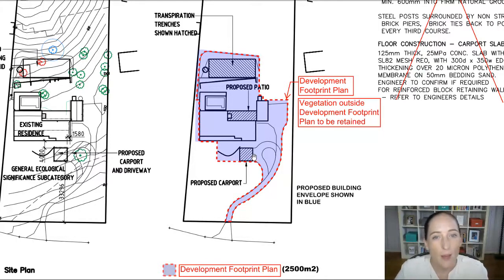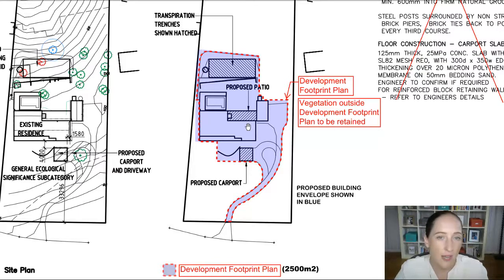Now, the next thing I want to talk about is the size. So, like I mentioned before, 2,500 square meters. Let's say, for example, you can cover all of your structures within 2,200 square meters. I would recommend you beef it up and go to the 2,500 square meters. Because here's the thing, if you cover the future areas or future expansions, let's just say, I mean, sit here and think, hey, do you want to put a patio out the back there? Do you want to put a pool out the back here?